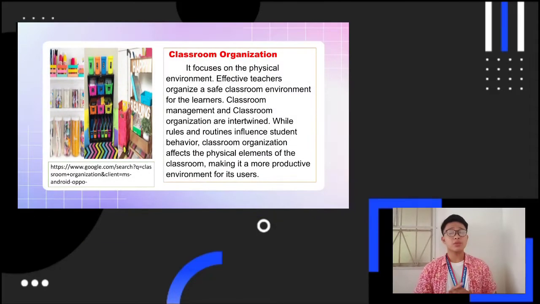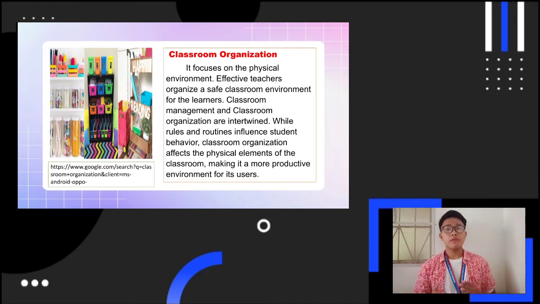So when you say classroom organization, it focuses on the physical environment. Effective teachers organize a safe classroom environment for the learners. Classroom management and classroom organization are intertwined. While rules and routines influence students' behavior, classroom organization affects the physical elements of the classroom, making it a more productive